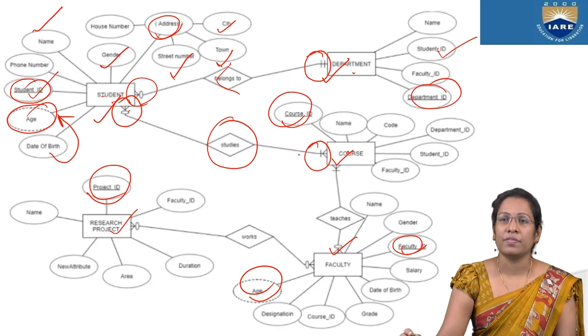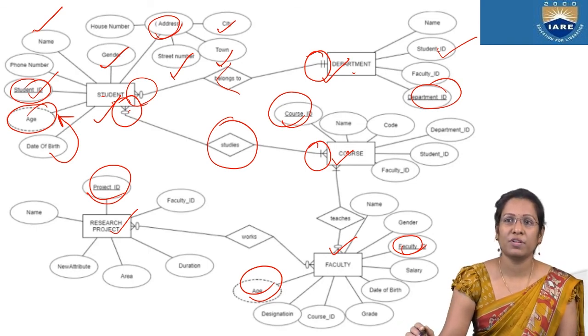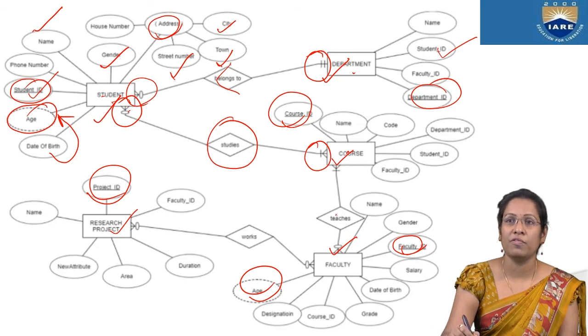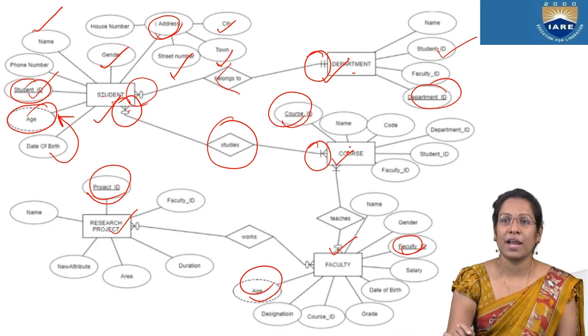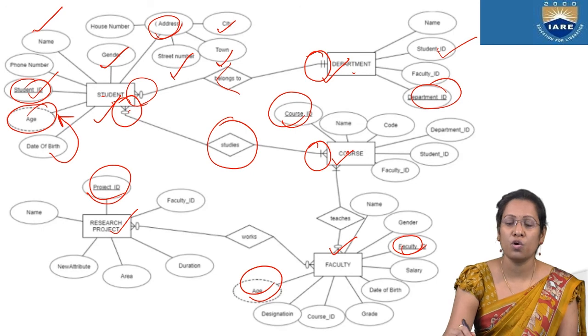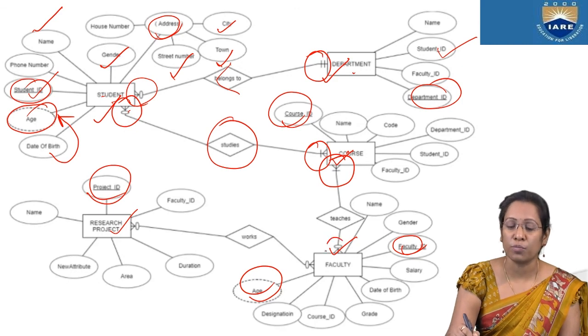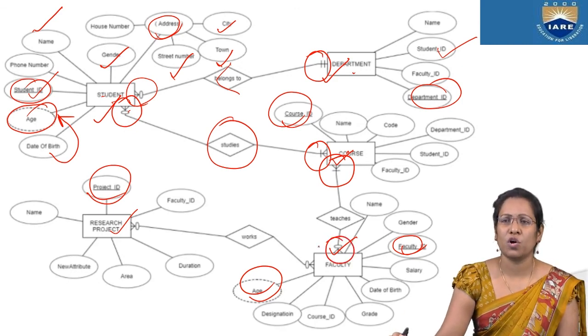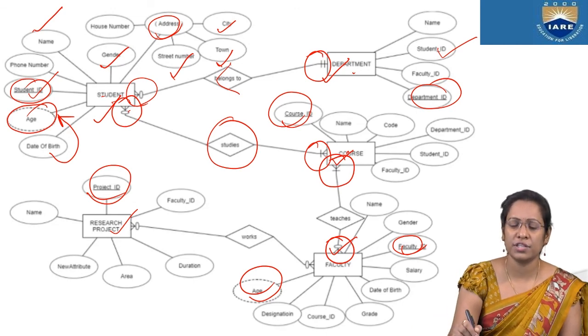And the next one, the relationship between the course and the faculty. What is the relationship between the course and faculty? The faculty always teaches the course. So one faculty can teach one or more courses. That's why it implies one or more. And a course can be taught by 0 or more faculty. It can be taught by 1 faculty, 2 faculty, or no faculty. That is the relation here, 0 or many.